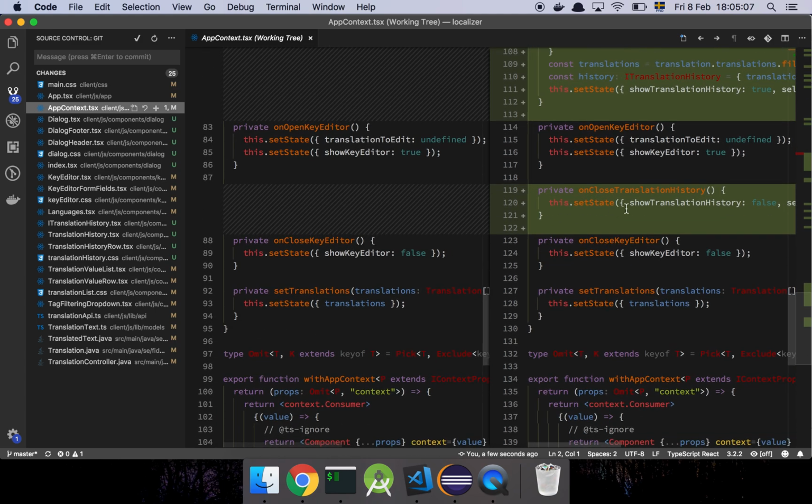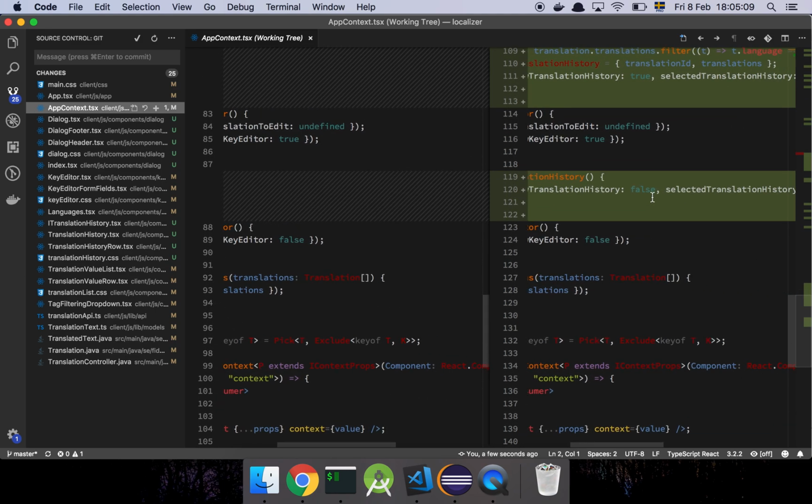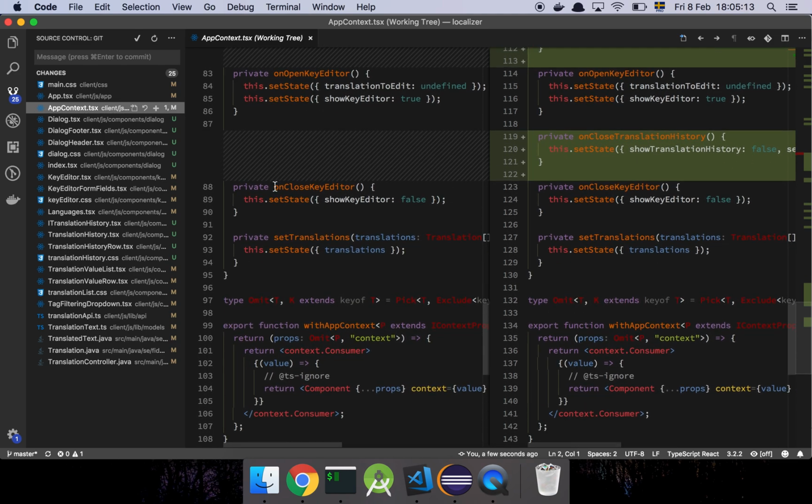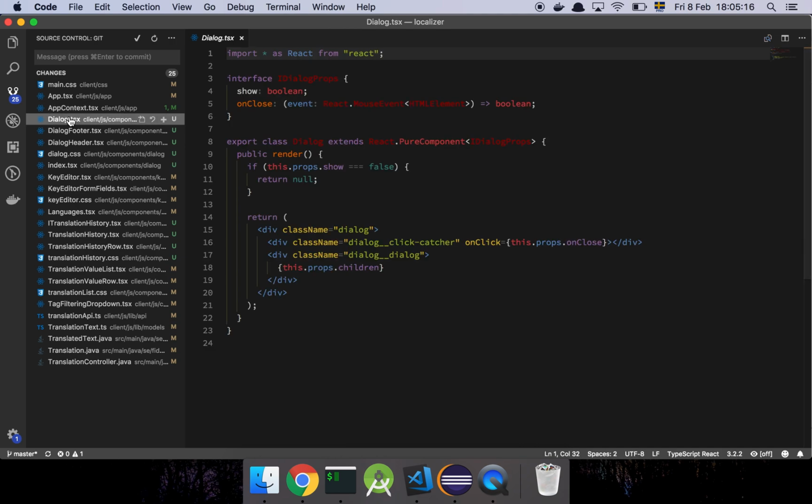And that's about it really. And then we have a close functionality that's just going to unset our state and close that modal. Now, what is Dialog? Well, this is me optimizing things a little